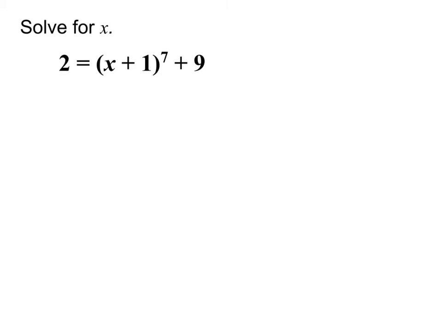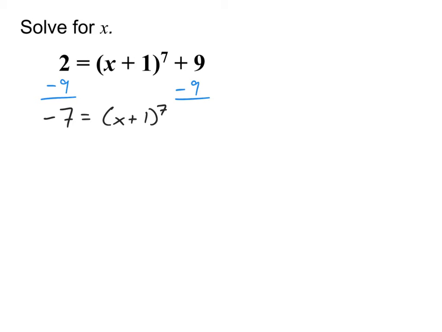And now on to our next problem. And again, like the previous one, I want to get the power part of my equation isolated first. So notice that means I want to get rid of the plus 9 in this case. And so I now have negative 7 equals x plus 1 to the 7th. Now, if this were an even exponent, I wouldn't actually be able to find a solution here because it equals a negative number. However, because the exponent here is a 7, it is odd, I actually will be able to